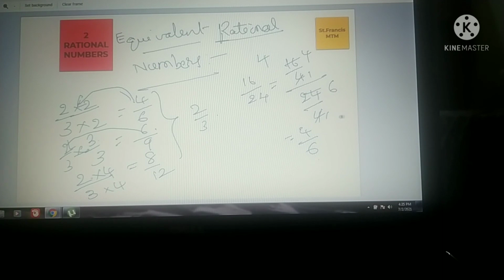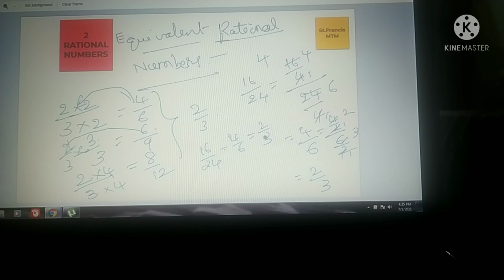Again, you can also reduce this one. So observe this one with 2. Divide with 2, 4 by 2, divided by 6 by 2. 2 1 time, 2 2s. 2 1 time, 2 3 times. What do you get here? 2 by 3. And by reducing this fraction, what are you getting? 16 by 24 is equal to 4 by 6 equal to 2 by 3.